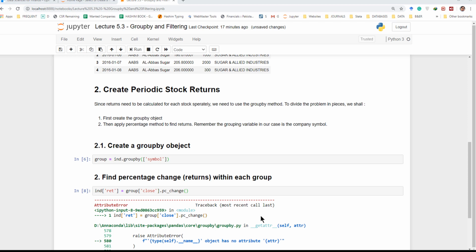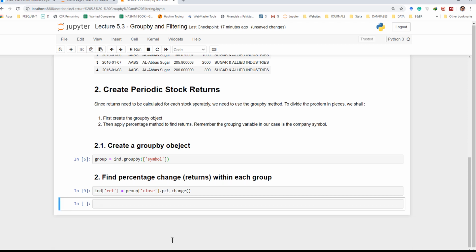Let's see, we made a mistake in typing the pct change. Let's correct that mistake and try again. So this time it goes well. Let's see how the data frame now looks like. So ind dot head